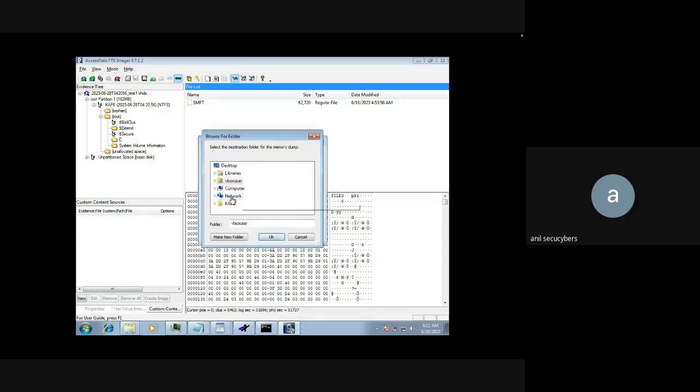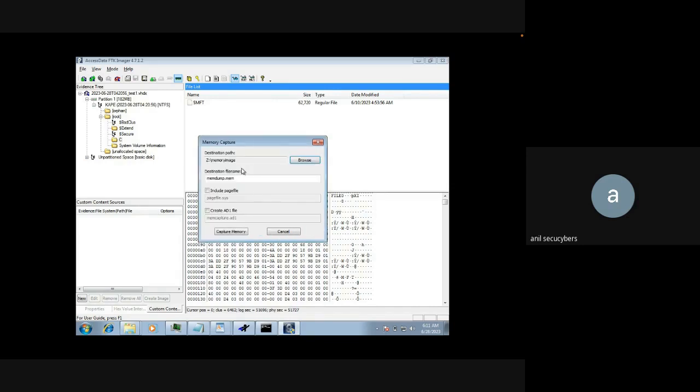So what I will do is give a destination path again. C drive. I will create a new folder, let's say memory image. Click OK. What it will do is capture the RAM memory of this operating system, the one that is running, and create a file with the name memdump.mem, which will be the